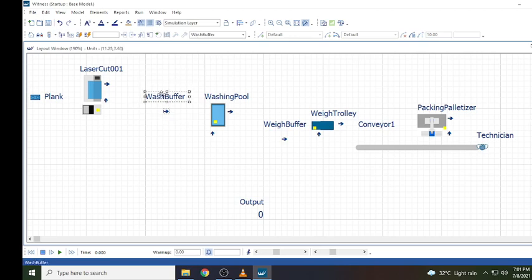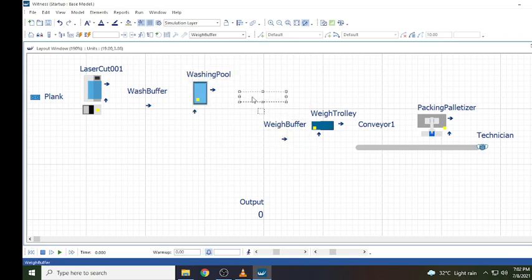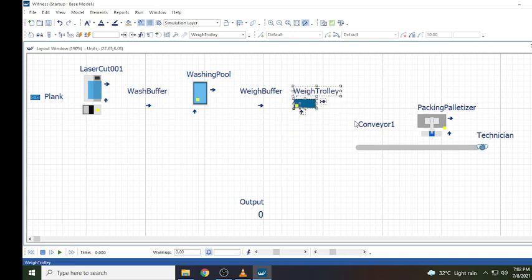In this way the buffer is here. Next is the bay buffer. Then we have the bay trolley operation. I will keep it here. Then we have